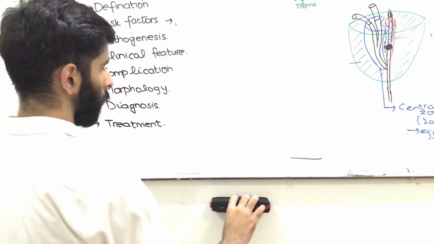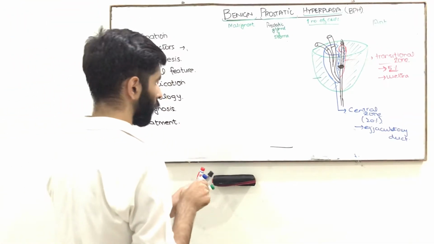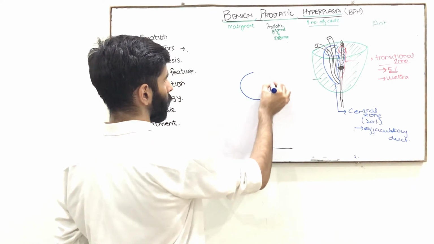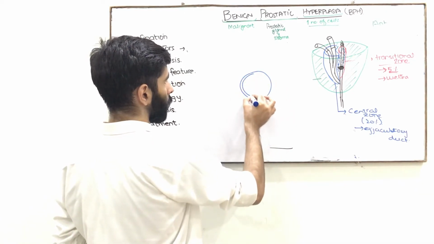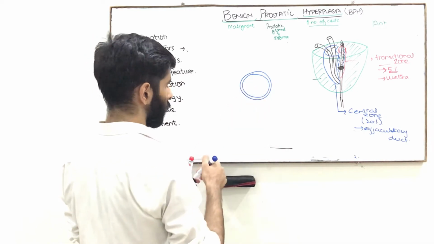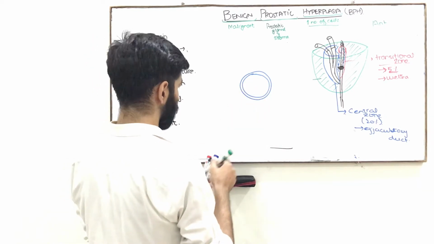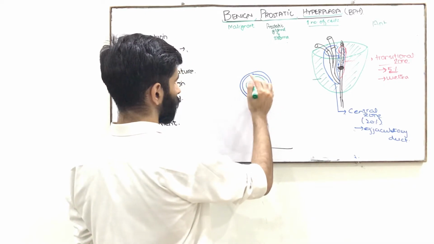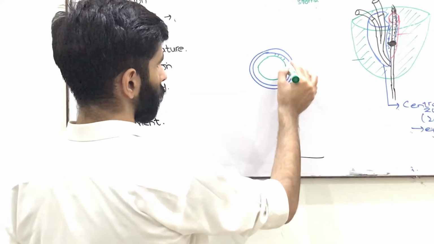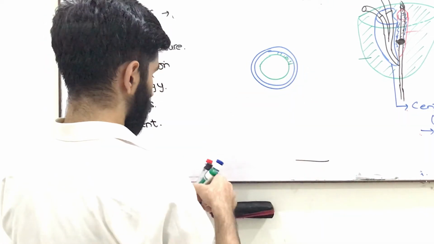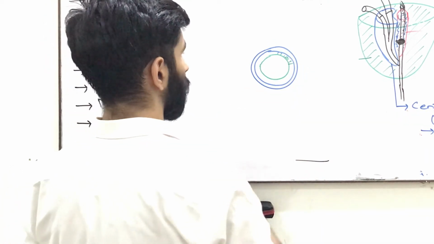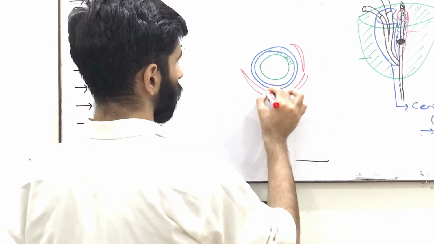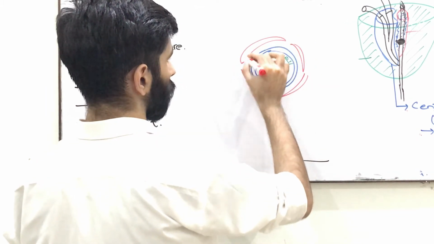So now what is the morphological picture of the prostate gland? As I told you at the start of the lecture, the innermost layer is the basal layer, made up of cuboidal cells. Then there is a layer of columnar cells called luminal cells. And surrounding is the fibromuscular stroma.